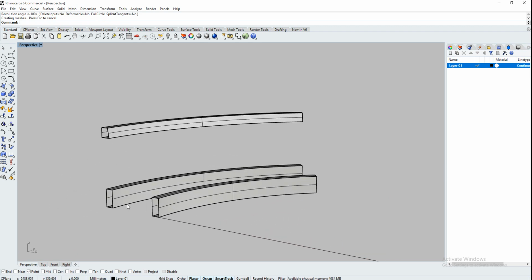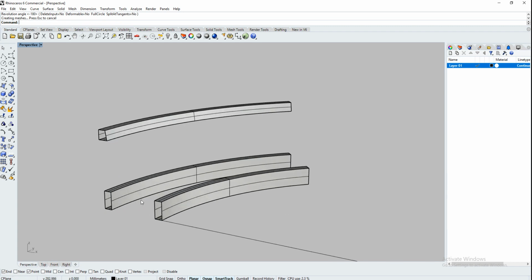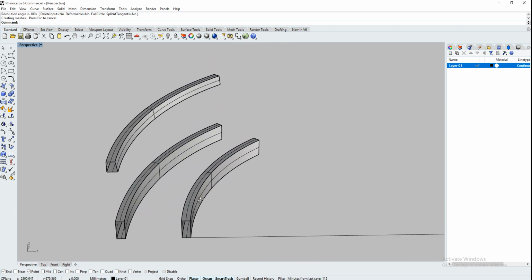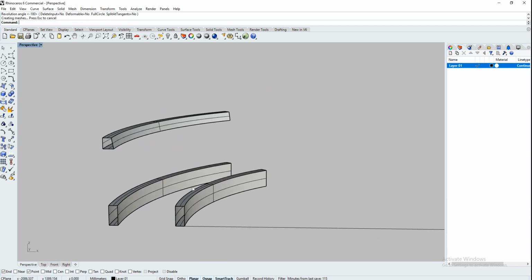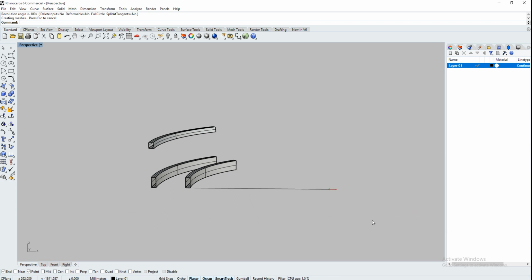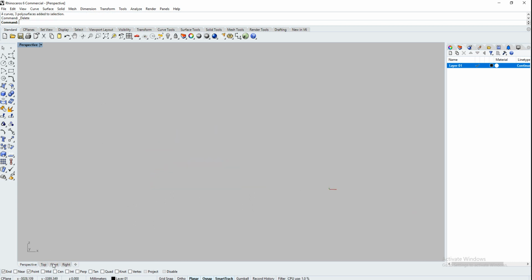It's not to proportion, but that's the front and back rails of a curved banquette. Another example of the Revolve command could be for a round tabletop that's got a chamfer. So if I draw that side profile with a round coffee table,